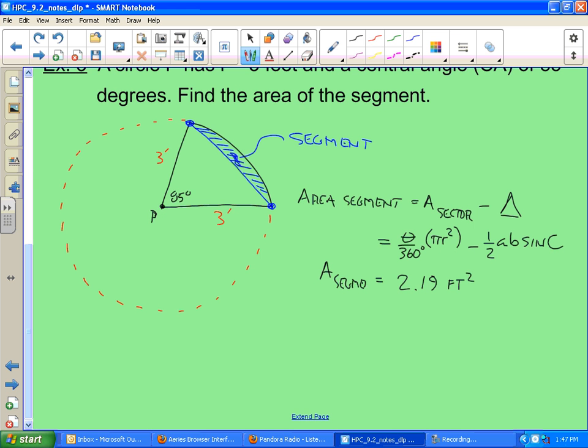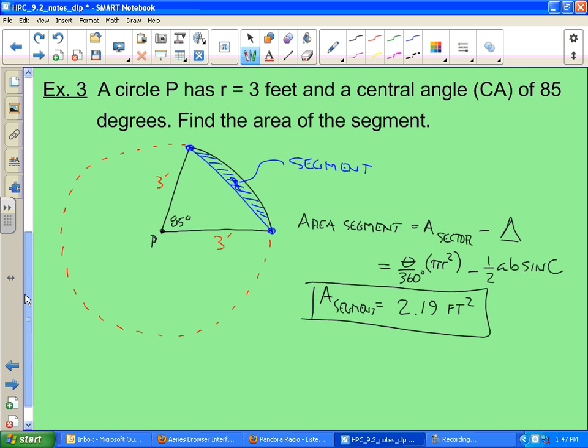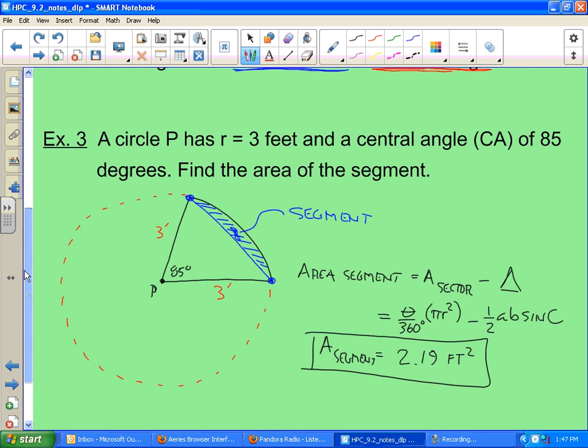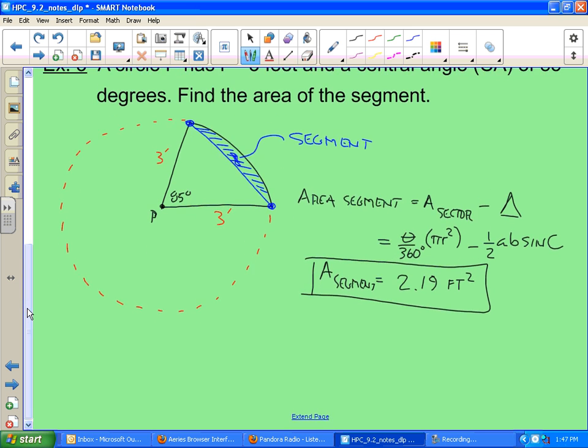Area of segment is 2.19 feet squared. All right. Not too shabby, right? We good on this? Any questions that we need to do before we